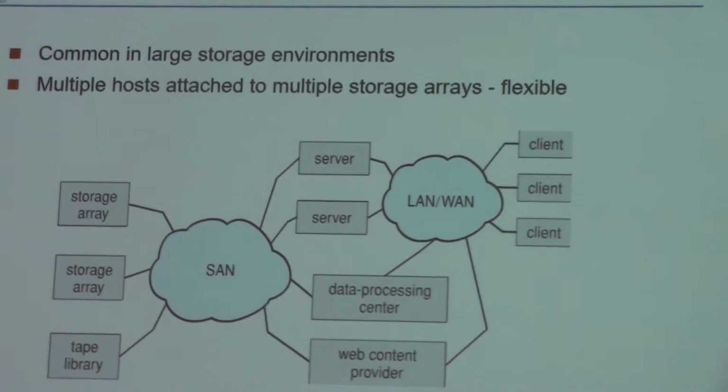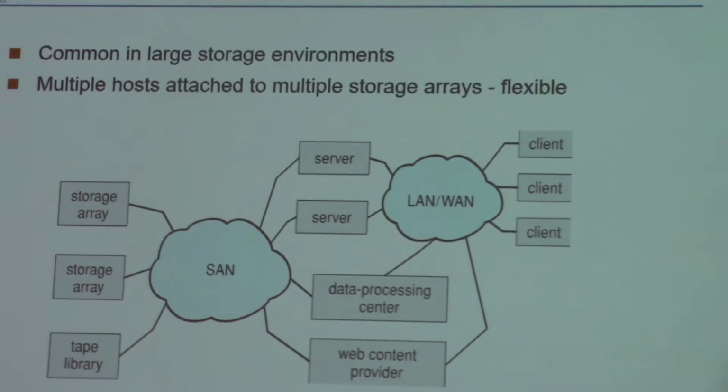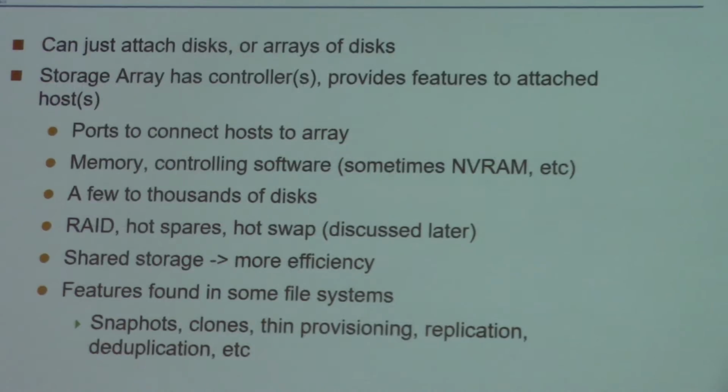In case your storage is connected to the bus, then you will get the same benefit to transfer the data. However, if your storage is somewhere else and I have the internet connecting it to the computer, can you get the same speed? The internet speed is much slower than the bus. That is a problem to share the storage. To address that one,